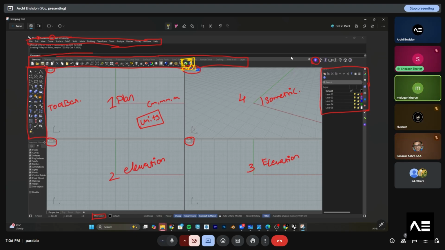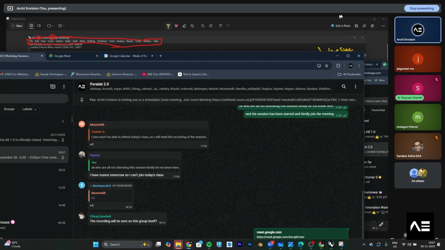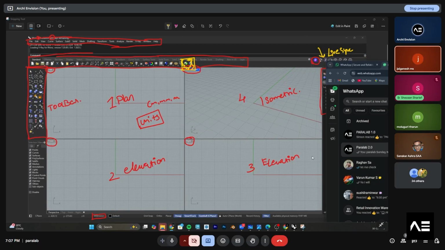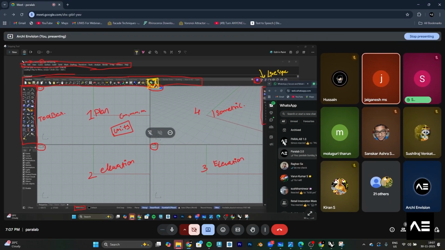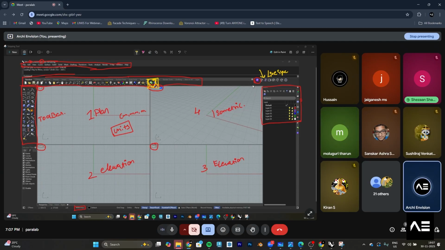Hello. Yes. I have DeFi render software. How do I get that icon in Rhino? Yeah, you will get the icon. What you have to do is install live sync. You have to download it. Where do I need to install it from? You have to go to the DeFi website. Just go to the DeFi website and you will see Rhino and SketchUp. From there you can download it and it will get live synced over here.